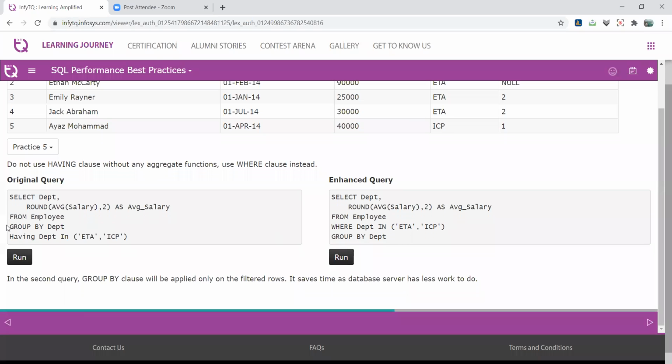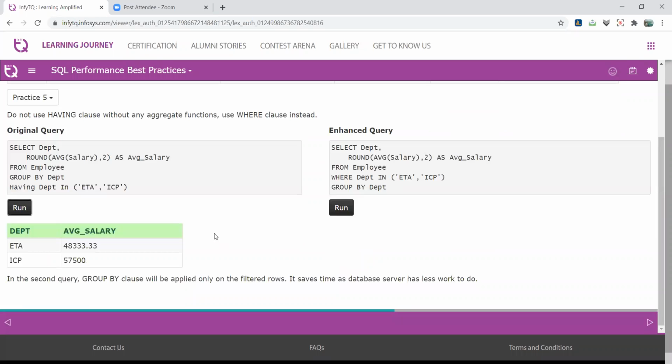Now check the performance of both the query. This is faster in comparison to this, right? Because you perform the double times of grouping, and in this part you perform a single time grouping, so this is faster than this one. Okay, now